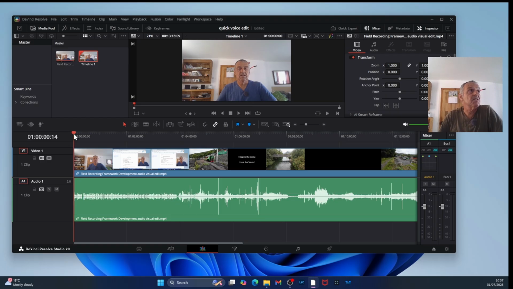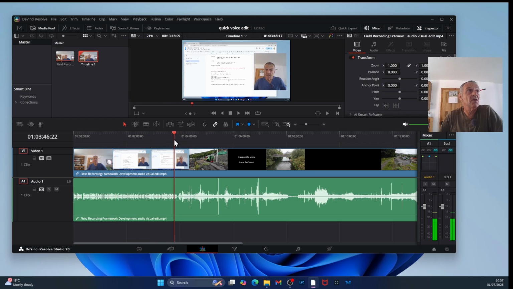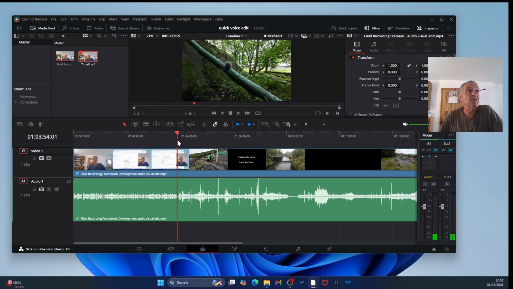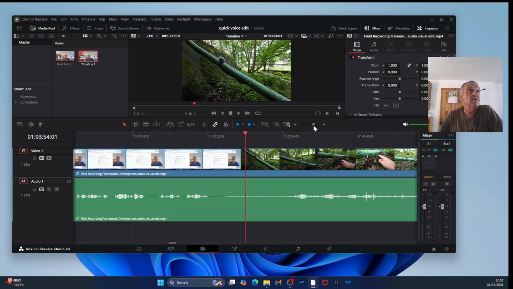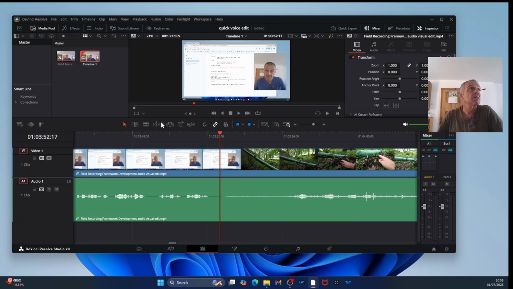So what I thought was, if you wanted a quick adjustment, get the gap where it changes from one to the next, which is here. Make a cut.